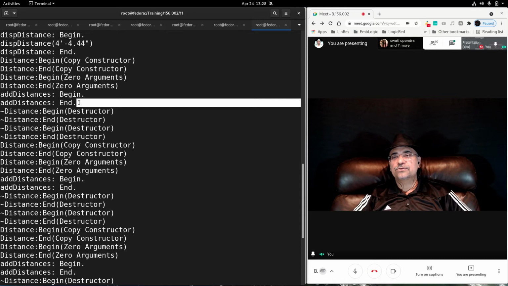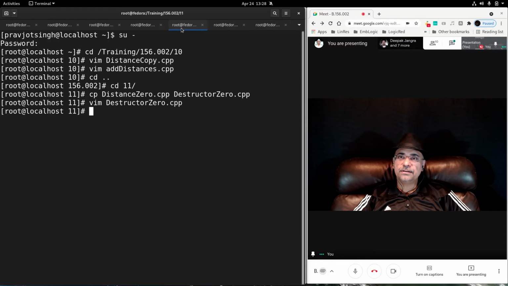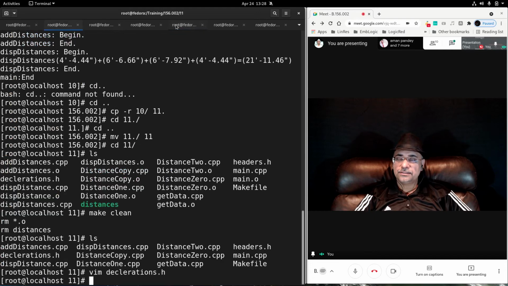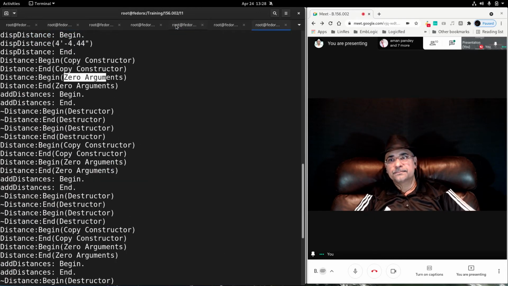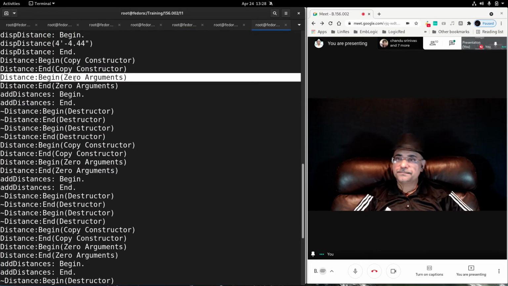When add distances was over, you had created an object by the copy constructor. You had created a local variable, a 0 argument local variable in add distances. So there was this db created, then this d created, isn't it? These two were created. So you had the copy constructor for db and the 0 argument constructor for the local one.